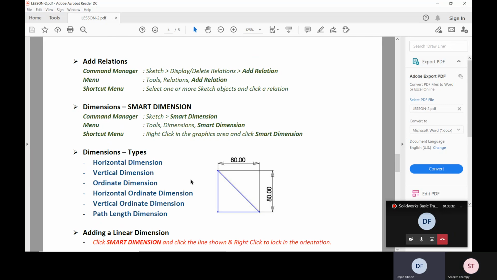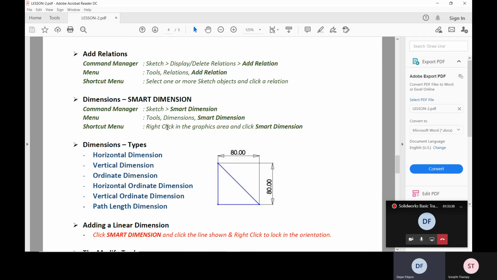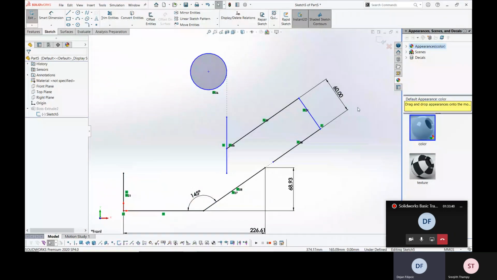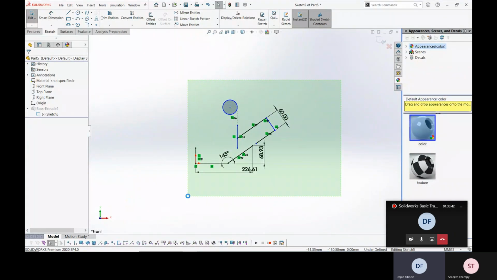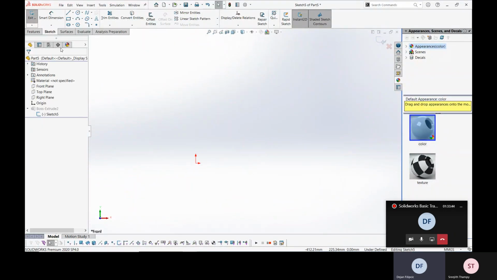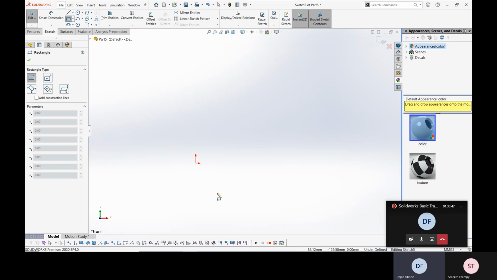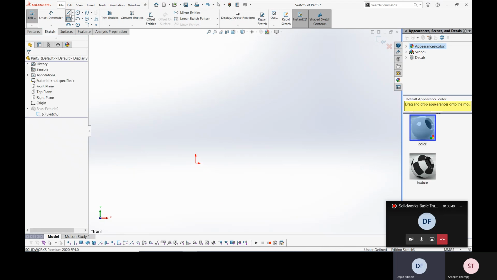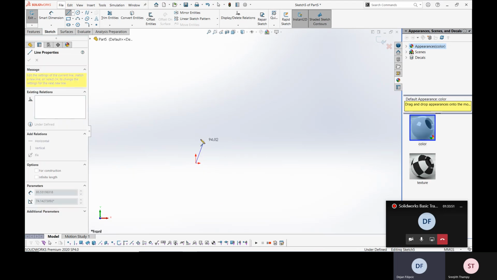Is everything clear up to this? When you want to move the object, you can turn it around. When you push the middle button to do the rotation, you can push control to do panning, and you can push shift to continue. Now what happens is if I want to sketch